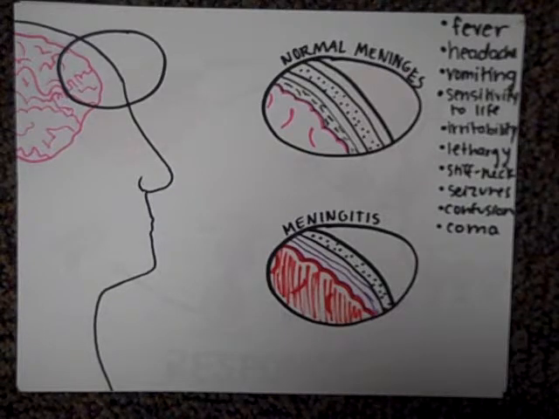Meningitis inflames the meninges, a thin membrane around the brain and spinal cord. This membrane is composed of 3 layers: the dura, which is the toughest outermost layer and is closely attached to the inside of the skull. The middle layer, or the arachnoid, is important in the normal flow of cerebrospinal fluid, CSF, a lubricating fluid that bathes both the brain and the spinal cord. And finally, the innermost layer, the pia, helps direct blood vessels into the brain.